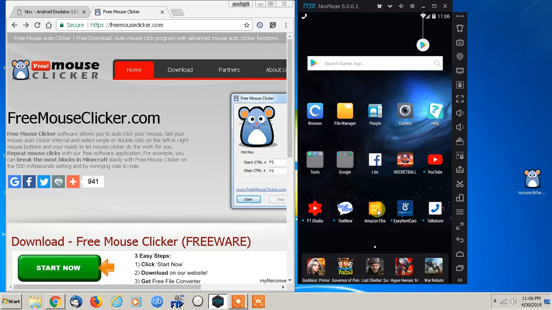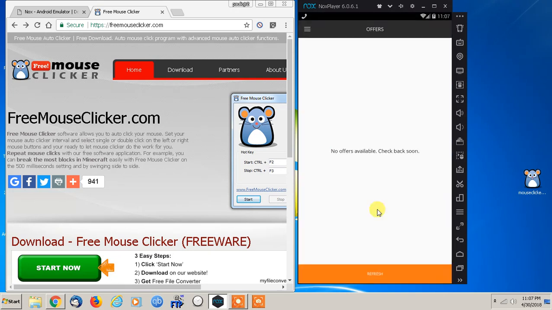So now let's get to the fun part. If you are able to get into your Amazon Flex app, as I have, it'll say you were already logged in to an account on a different device. Do you want to log out of that device and use this one? And that's perfectly fine because you can go right back to using your phone. So don't worry,